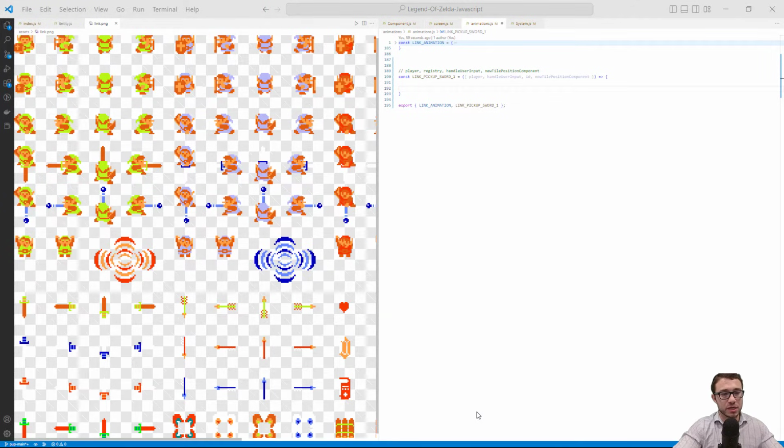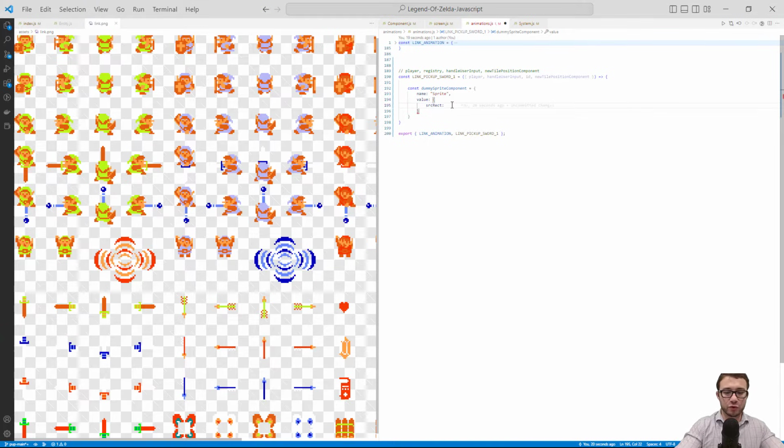sword entity, because we're going to have a position for the sprite as well as a sprite component for the entity, right? It's going to have a position and a sprite component. So let's get the sprite for this sword. The first thing I'm going to do is const dummy sprite component is equal to new sprite, and then value. And if you remember, it takes an src, and within that src, it has 4 properties: x something, y something, height something,